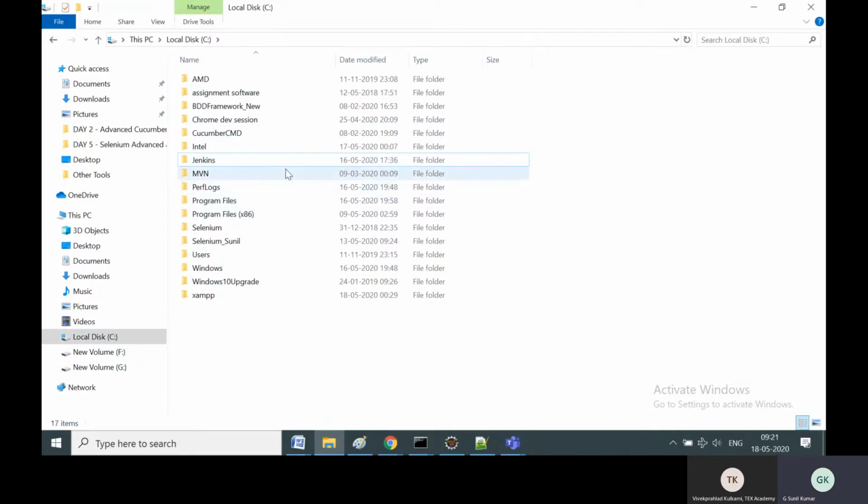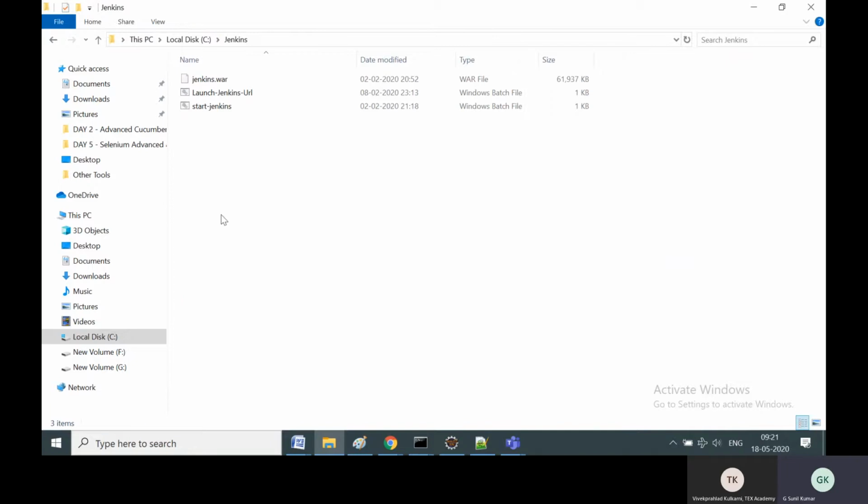As I told you before, Jenkins, Selenium, Selenium Grid, everything you have to put in a dedicated folder in the C drive, and then don't disturb it for 2 years, 5 years. Every time use it from the same folder. That way you are able to easily configure projects and easily start Jenkins.